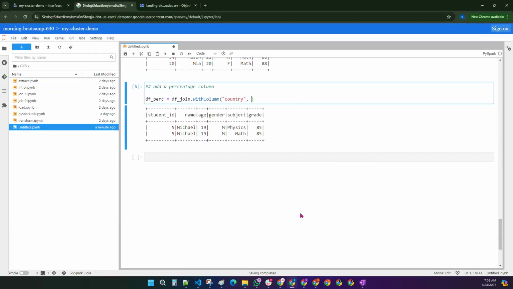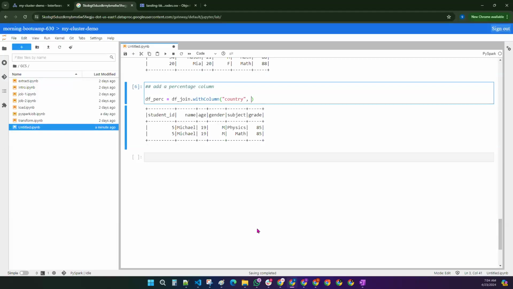So for all of these students, we wanted to add a city or country. All these people are coming from India, so let us try to add them with the country as India. The main intention is that I wanted to add one more column, whether it is a country column or a city column or whatever it is. I just wanted to add one more column so that you get to know how we can add a column